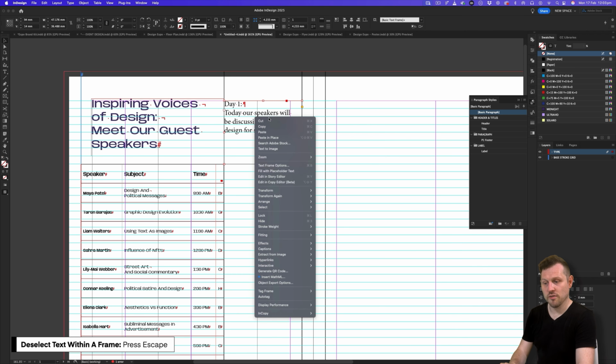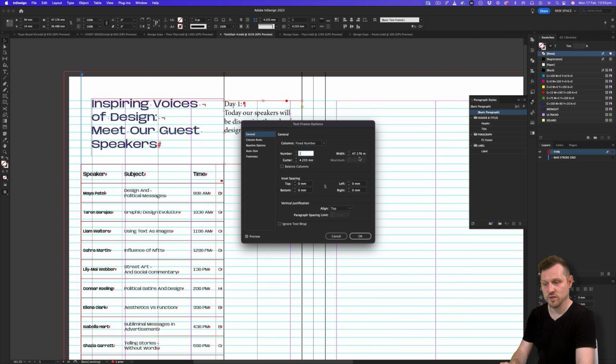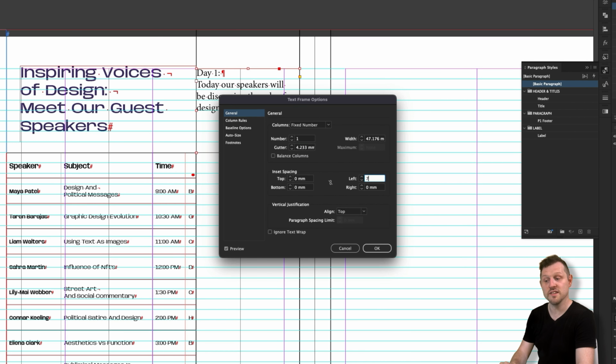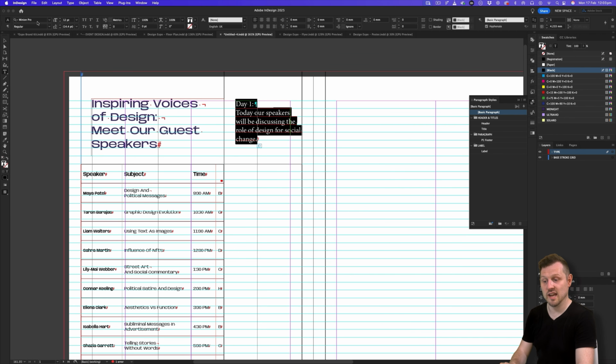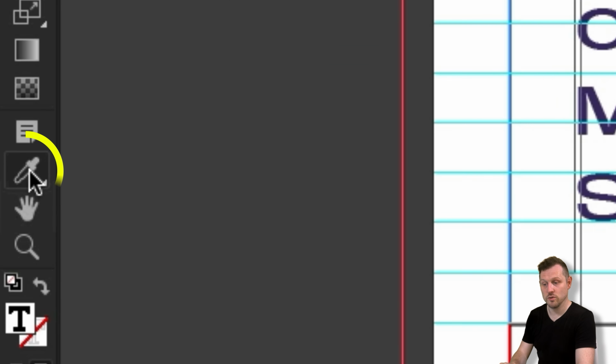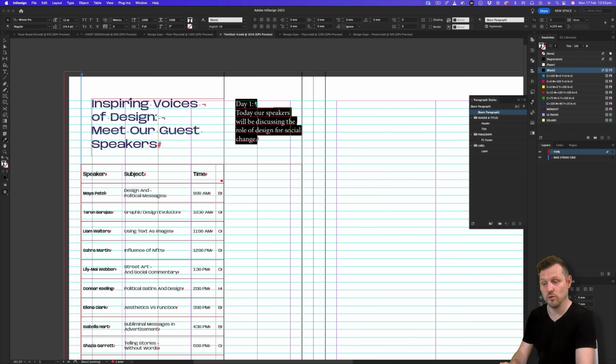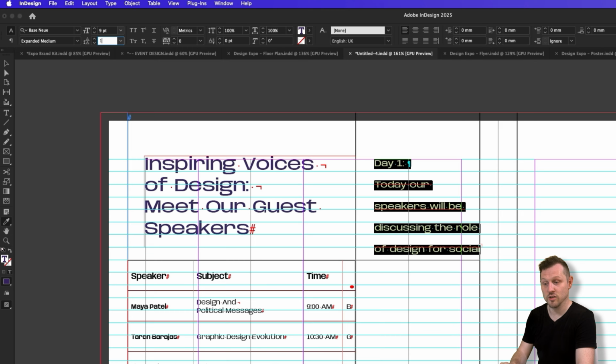Next, I'll right click on the frame, select text frame options and add a 7mm only to the left indent space. Click OK, double click into the text and select all, select the eyedropper tool, click on the header text to clone the formatting, then up in the control panel, I'll set the size to 9, the leading to 12,